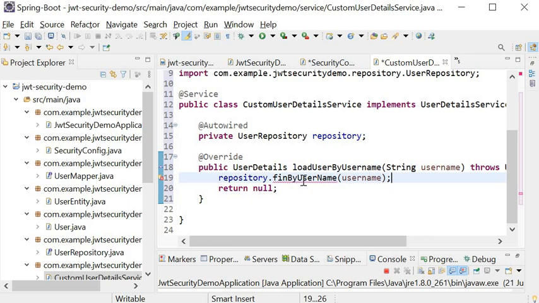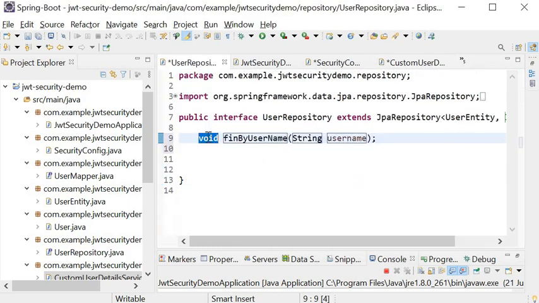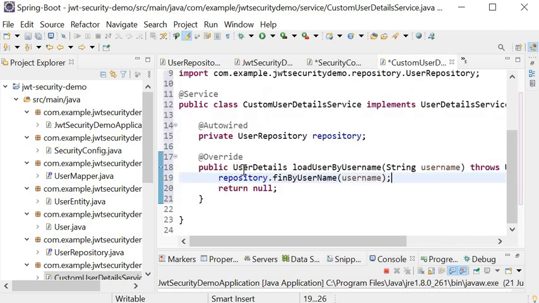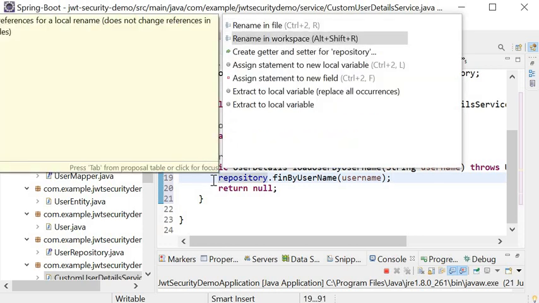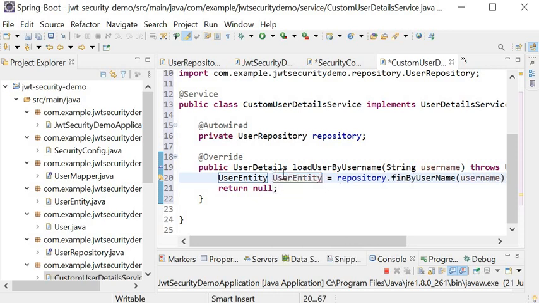Here we need to create the method findByUsername, and this function will return a user entity as the return type. Now we need to convert this user entity into our user detail object.